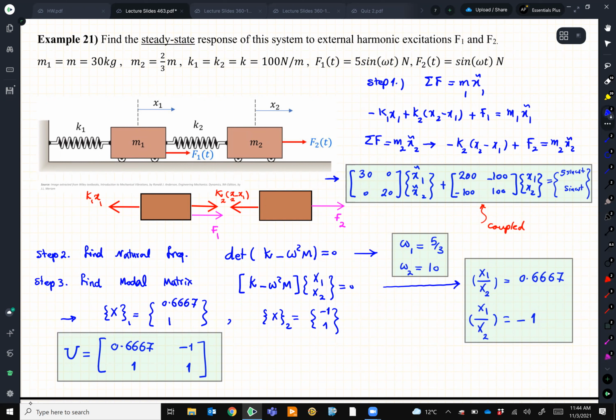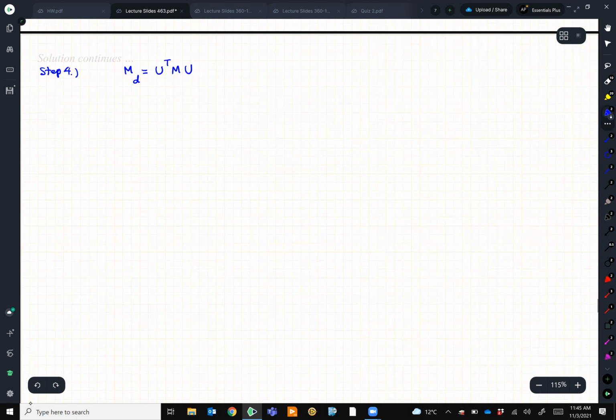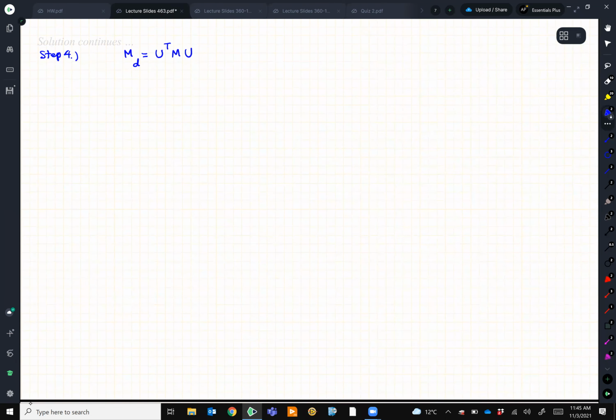You don't need to do it by hand, you can do it by computer, but for a 2 degree of freedom system, you need to understand all the steps, and you need to see what's actually happening. All right, one time at least. And of course, one time in your exam. So we managed to find U. Now that we have U,